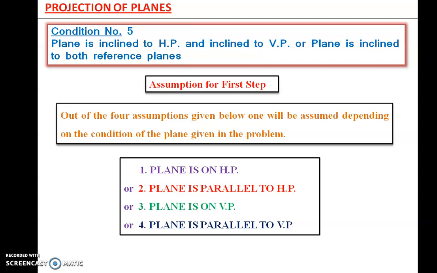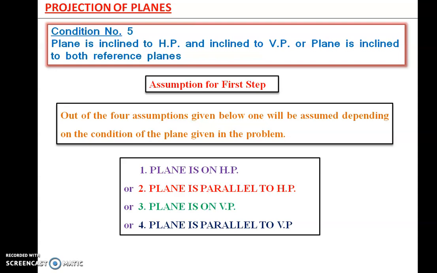First step will be the assumption part, which will give you the true shape. Second step will be inclination with one reference plane, and third step will be inclination with the other reference plane. So finally the third step will give you two reduced shapes. As the solution of this particular condition is in front view and top view, you will see reduced shapes of different sizes. So the last step will be the final step. Directly we cannot go for the last step, so we have to first go for the first, then second, and then the third step will be the final thing.